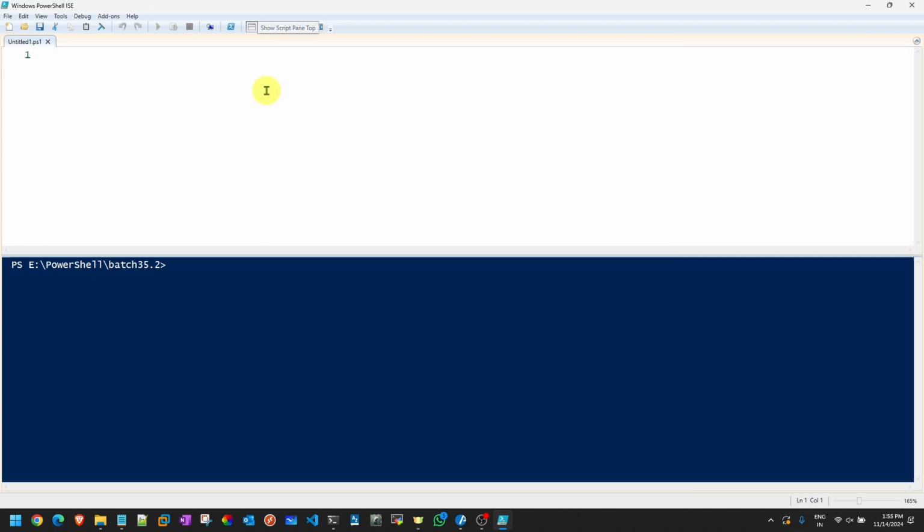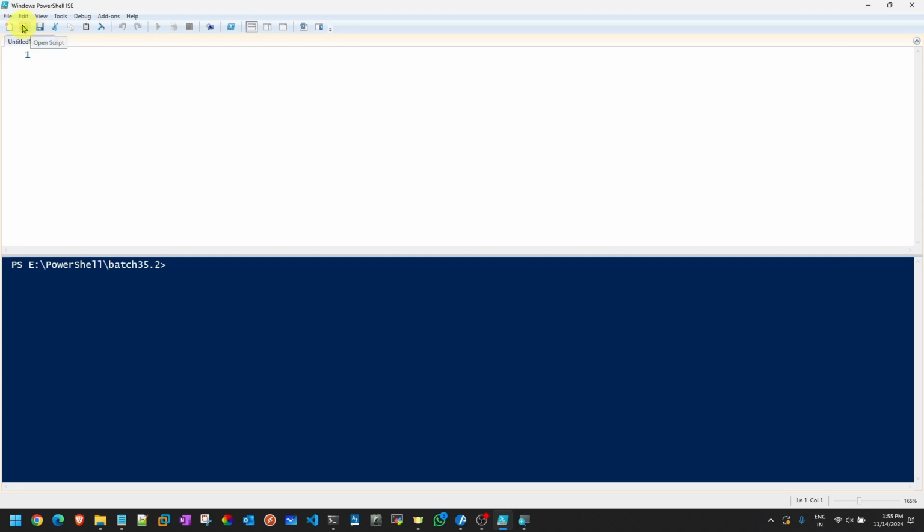One of the most important parts before you actually start working on PowerShell ISE is knowing the options which are available here. The first option says new script, which is to create a new PowerShell script to write the code. Next one is open script.